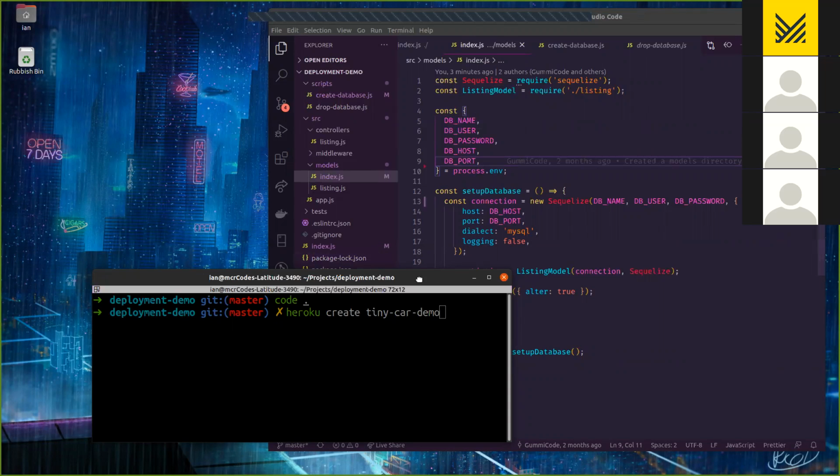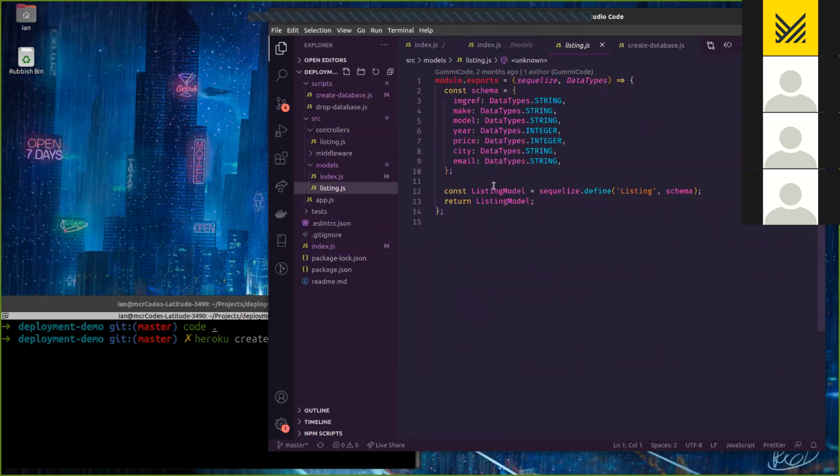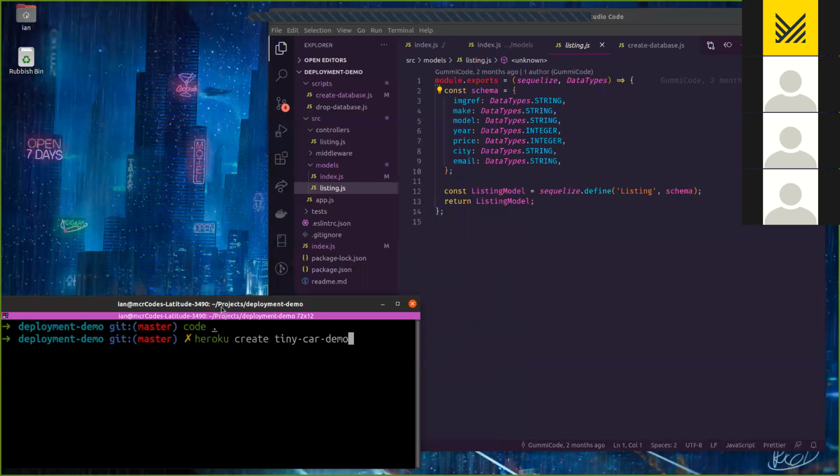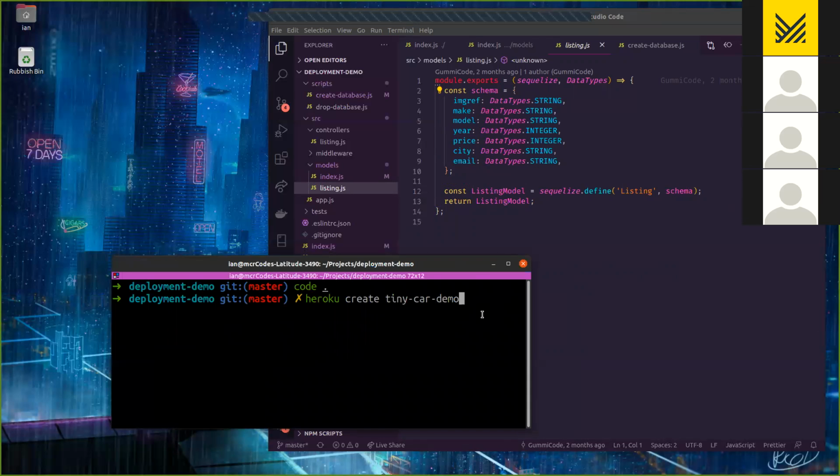So this API is just a basic create, read, update, delete for cars, basically. And it uses a MySQL database, which we can also deploy through Heroku, and I'll go through those steps as well. So if I create the application,